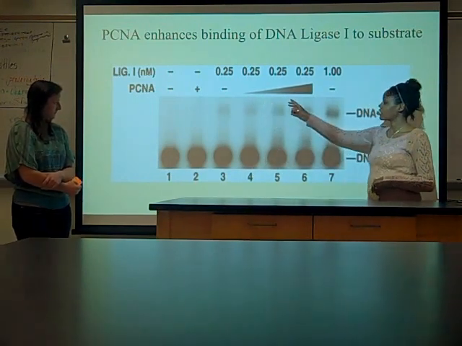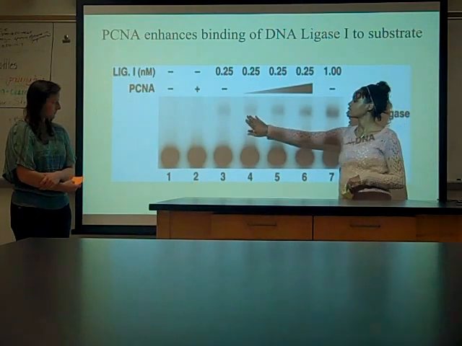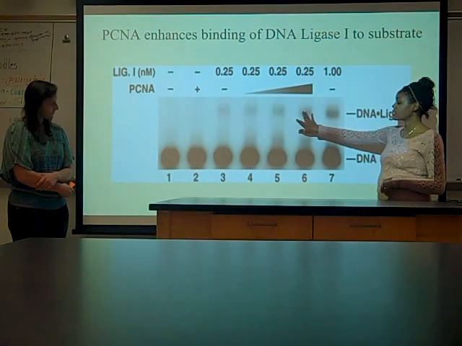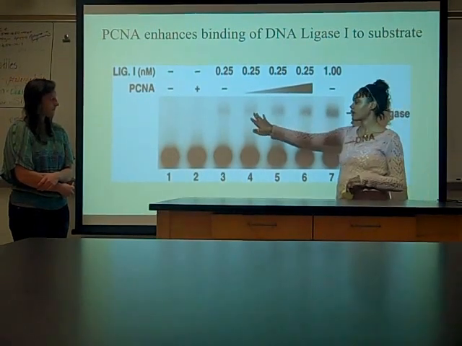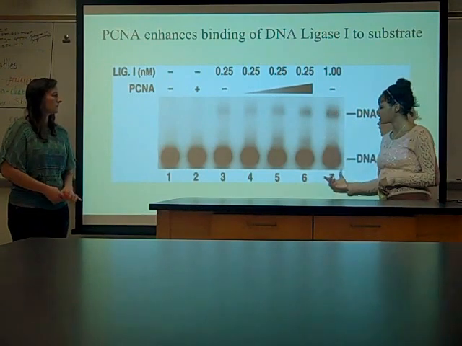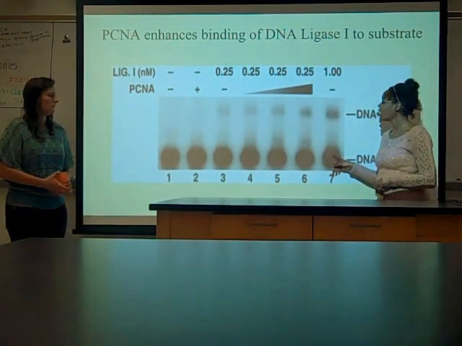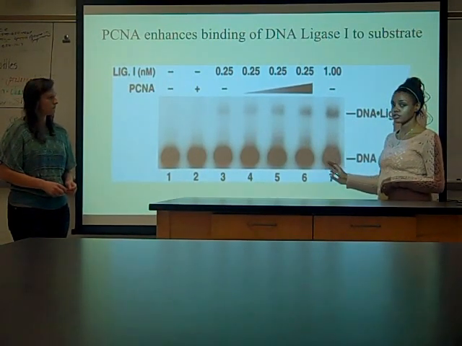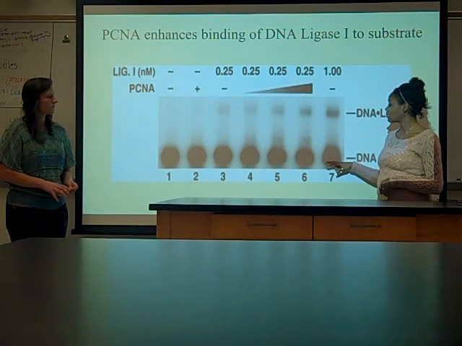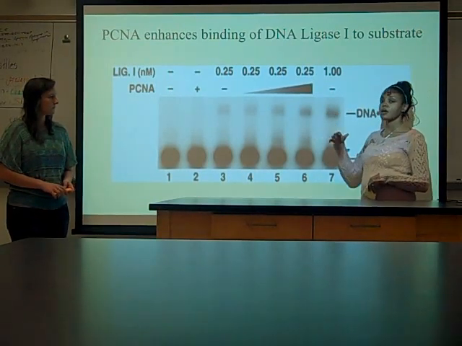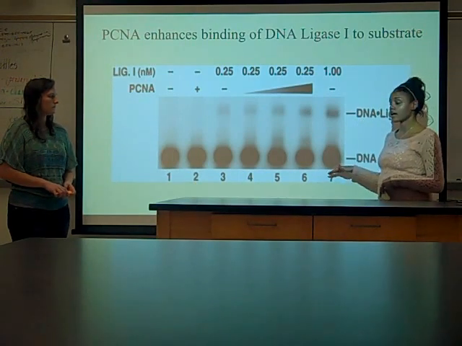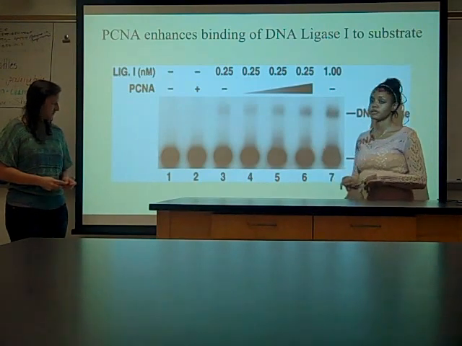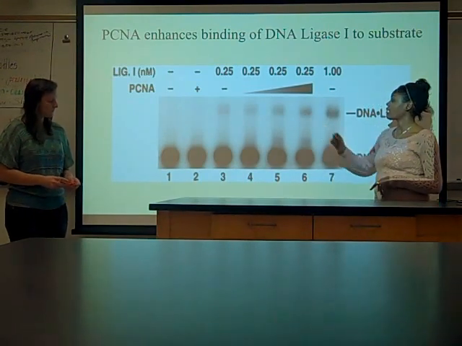And with it, PCNA's concentration was increasing. As you can kind of see with this product bar, as the concentration of PCNA increased, so did the amount of product created. What's going on with lane 7 here is this is just DNA ligase 1 by itself. And what the researchers were trying to show was, yes, at high concentrations, DNA ligase 1 can create a lot of DNA complexes, but naturally within our body, we do not have these high concentrations of DNA ligase 1. So that's why it's necessary for our body to use PCNA